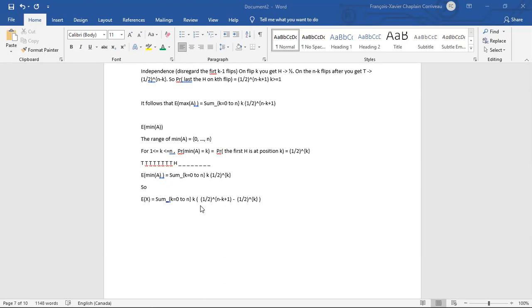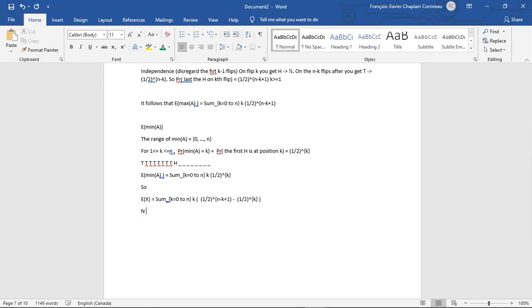Let's not differentiate. Right? K goes from 0 to n. So what happens if I put k is equal to n? So the last term of my summation looks like this. It looks like n